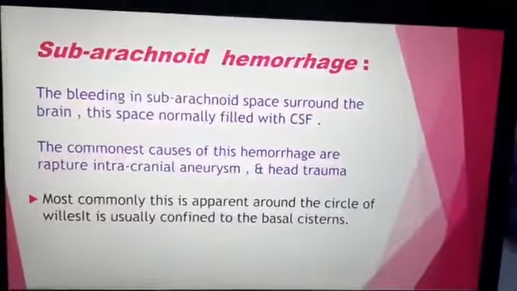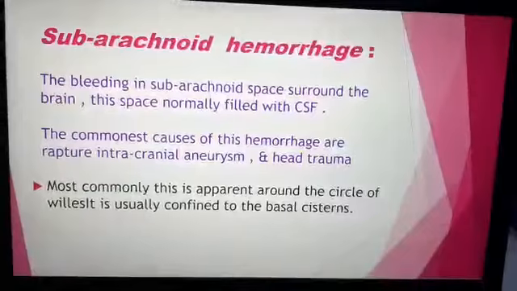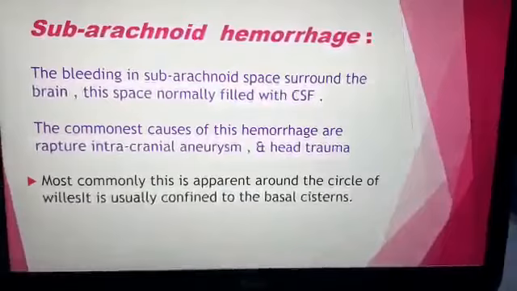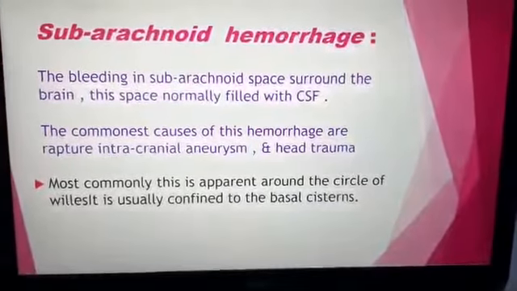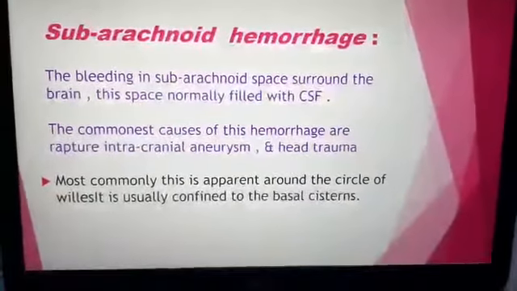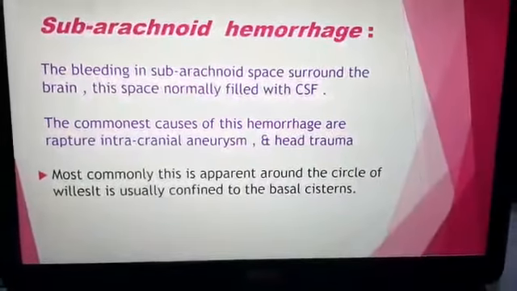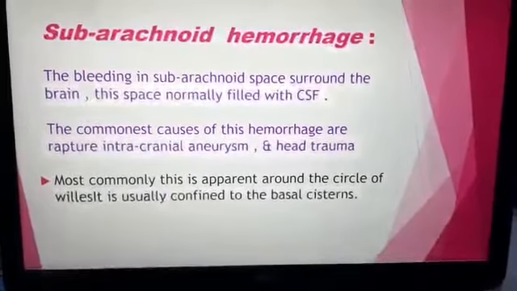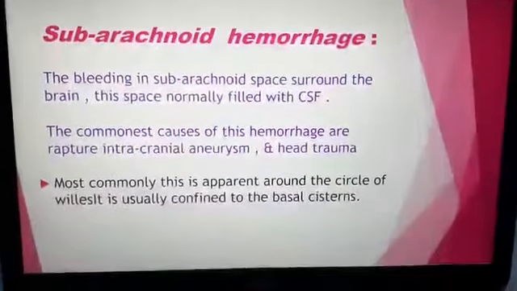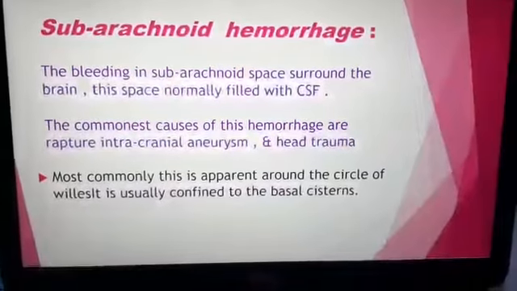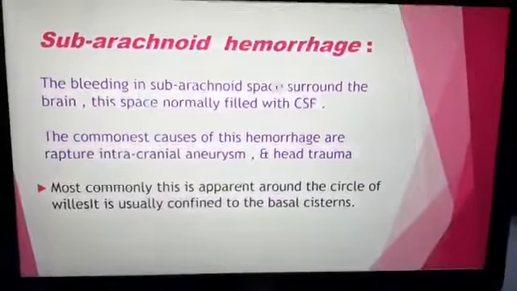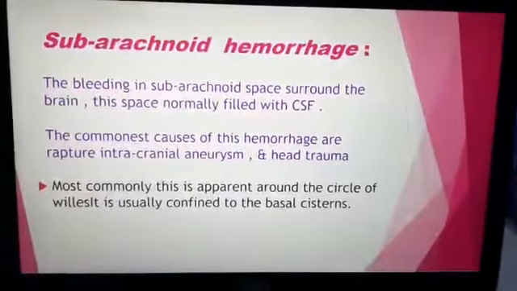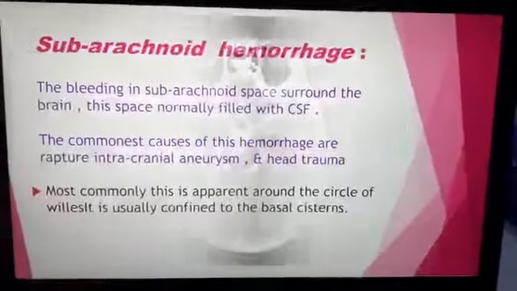Subarachnoid hemorrhage. This is the hemorrhage occurring due to rupture of an intracranial aneurysm or head trauma. And this hemorrhage occurs in the subarachnoid space. This space is a hairline space surrounding the brain and filled with CSF. So this type of hemorrhage is difficult to diagnose because it appears as just a hairline, hyperdense, gyriform area